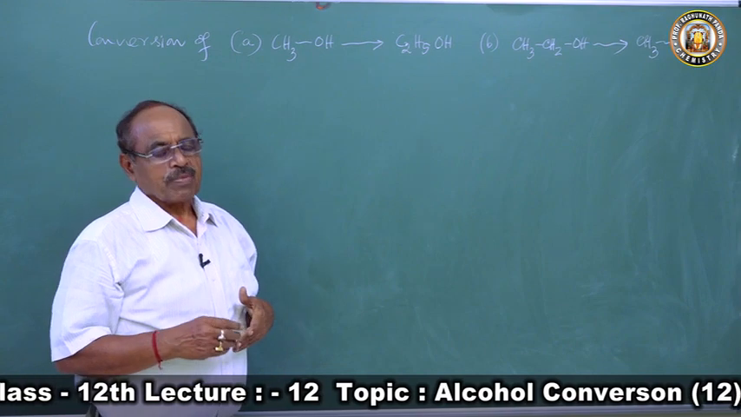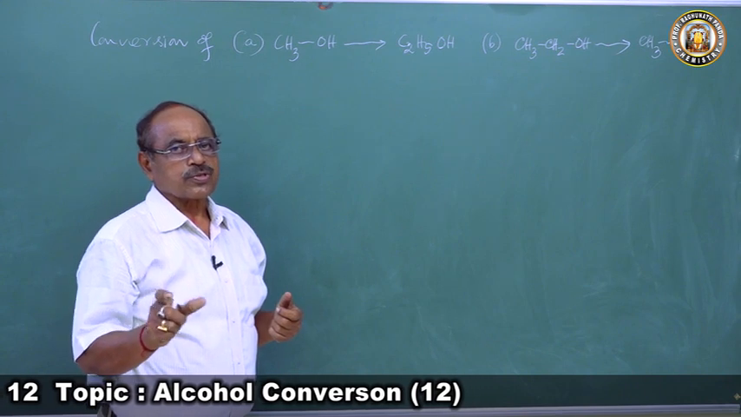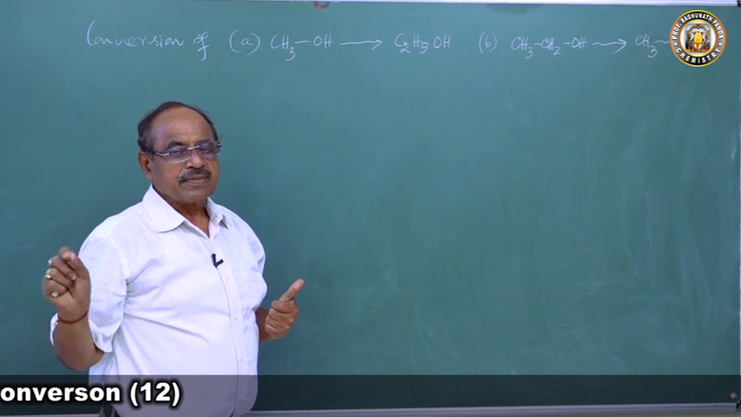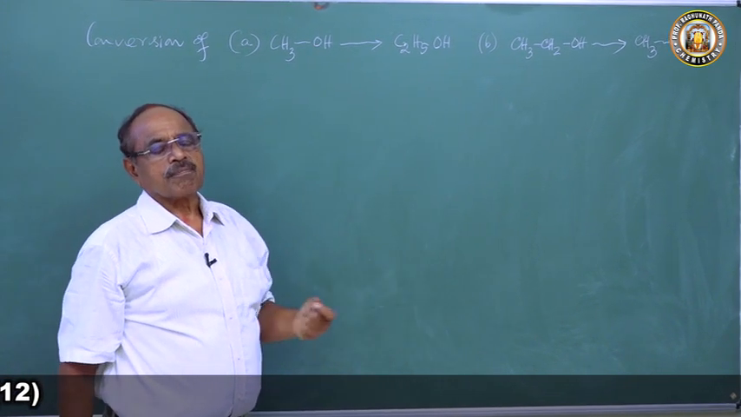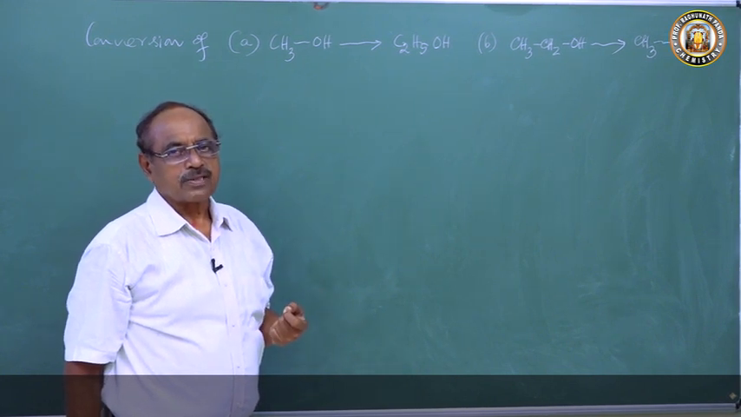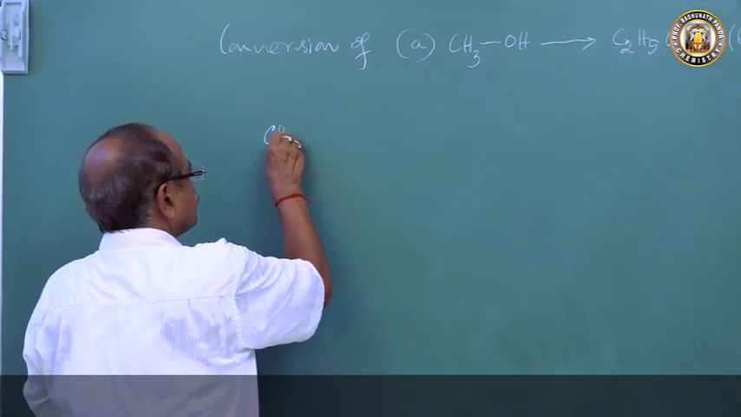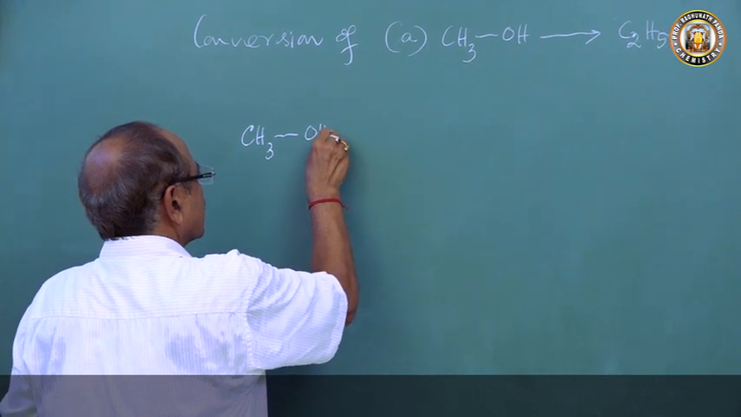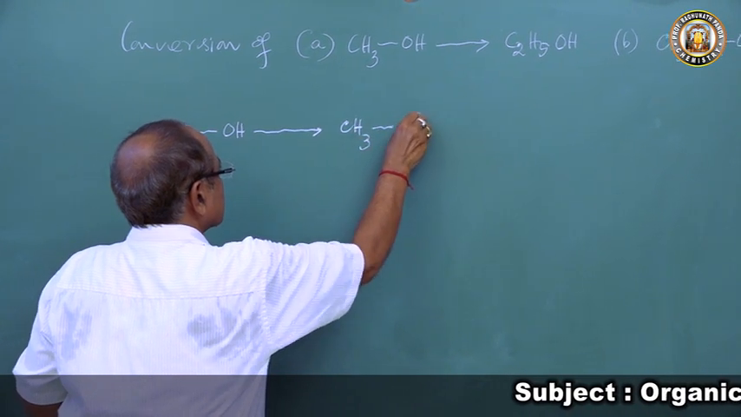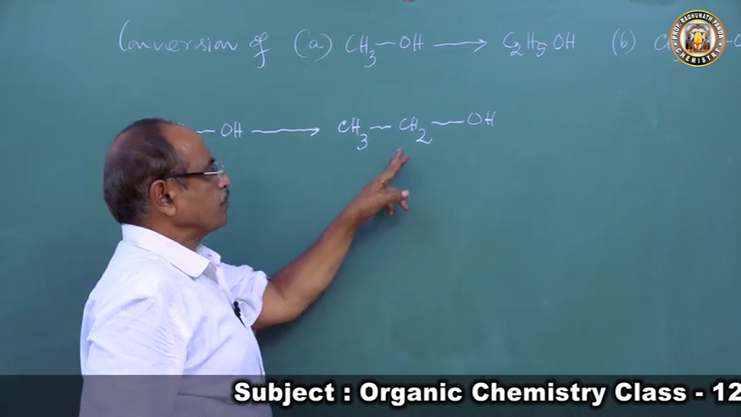Or you may have a question in an entrance exam: an organic compound A treated with so and so forms B, B treated with so and so forms C, C treated with so and so forms D. If D has this molecular formula, then A, B, C, D are, with 4 types of alternatives. So now let's come to methyl alcohol to ethyl alcohol. We are converting CH3OH to ethyl alcohol CH3CH2OH. Now wherever there is an increase of carbon atoms,